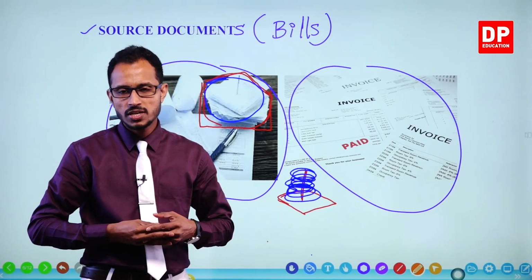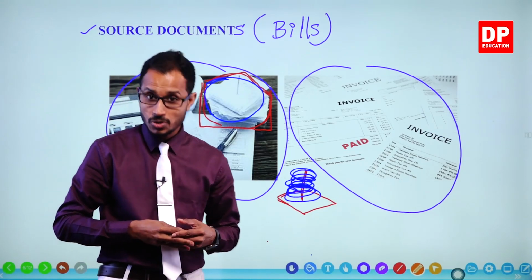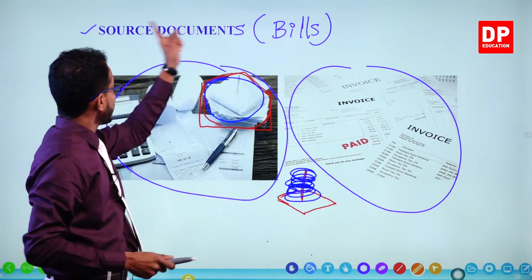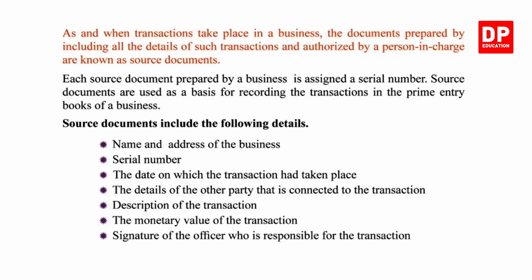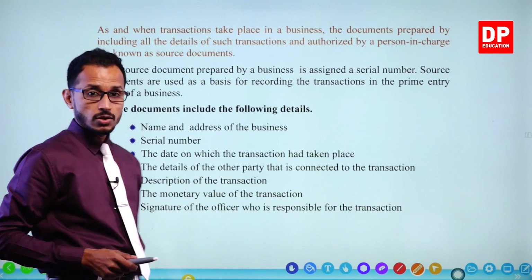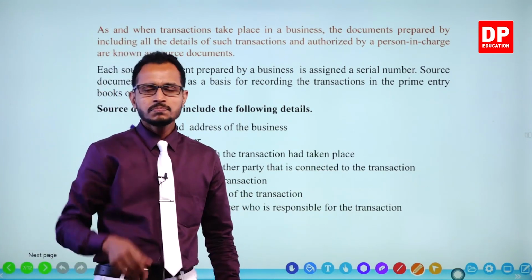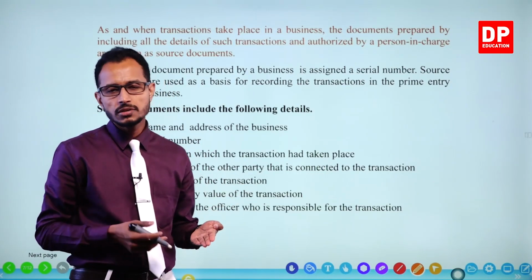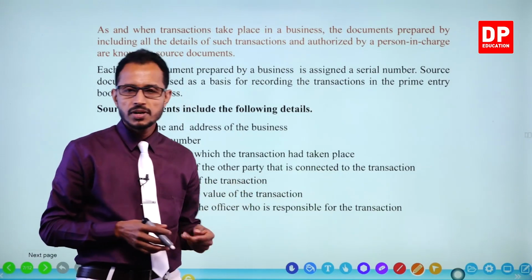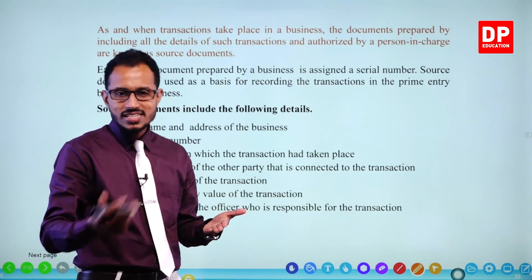So we are going to learn about these so-called bills. That is not the proper word. The proper word is source documents. Let's find out what source documents are. Children, source documents are documents which are prepared by the cashier or any allocated person in a business, in a shop,